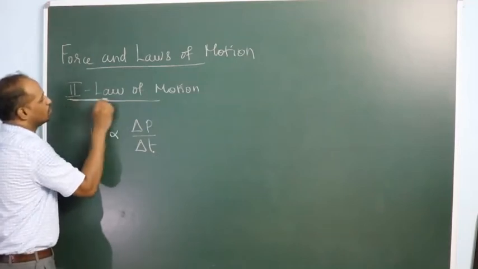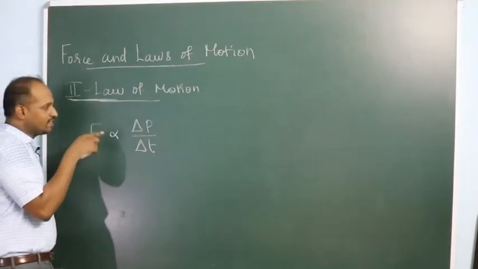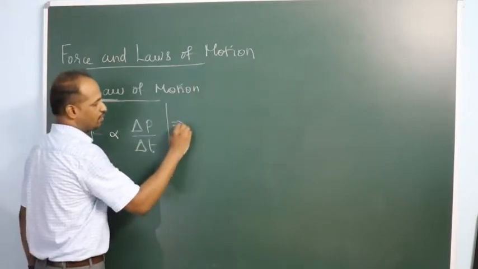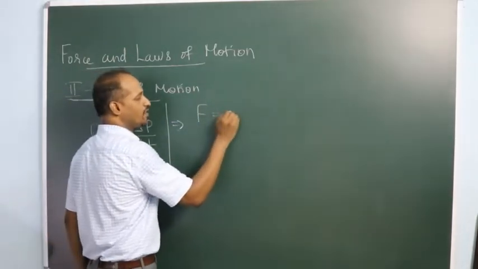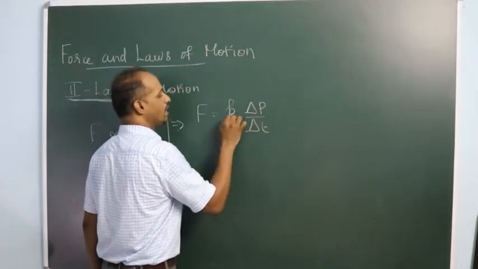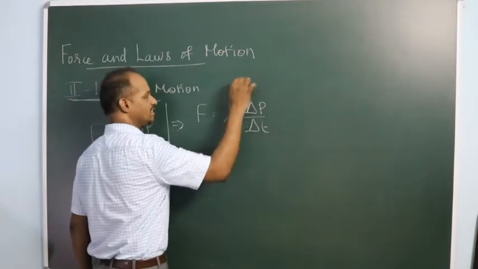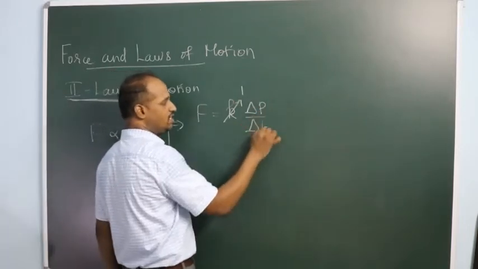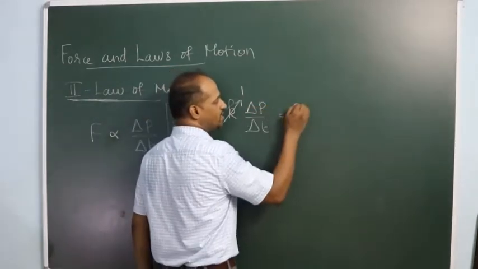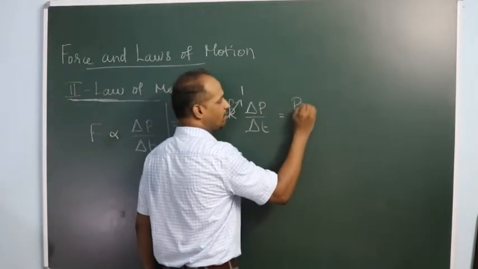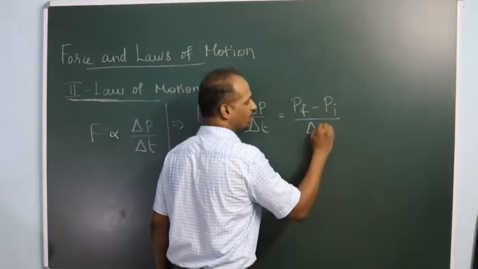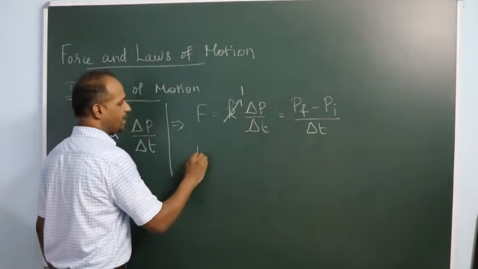According to the second law of motion, we know that force is directly proportional to the rate of change of momentum. In the SI system, when you write it like this, F is equal to some constant into rate of change of momentum, and that constant is 1 in the SI system. Then force is equal to change in momentum by time taken. What is change in momentum? Change in momentum means final momentum minus initial momentum by the duration of time or time interval, and F is equal